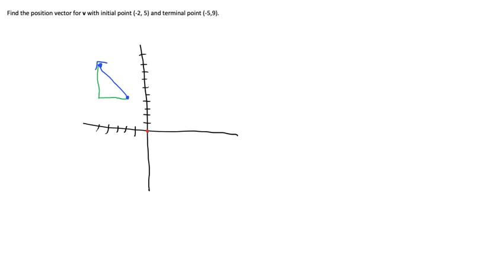All right, so how do we do that then? Now, we know that this goes to the left, and then it should go up, right? That is the direction of this vector. So what we're going to do then, okay, is we just subtract. We want to take the terminal point minus the initial point. And of course, because there are two coordinates, one for x and one for y, we've got to do each one, right? So the new vector, the position vector,